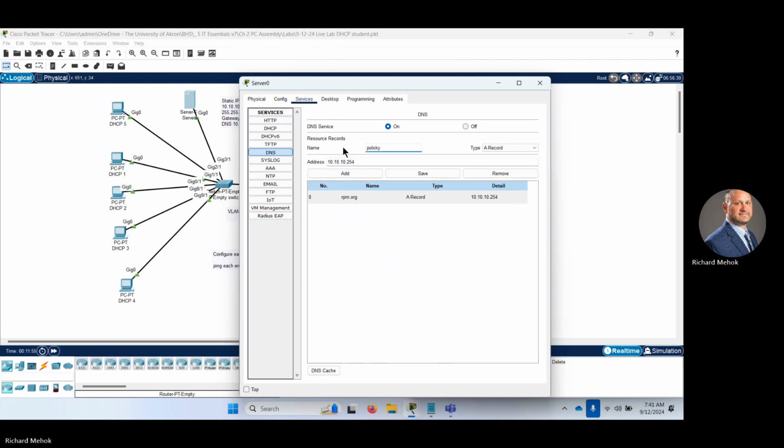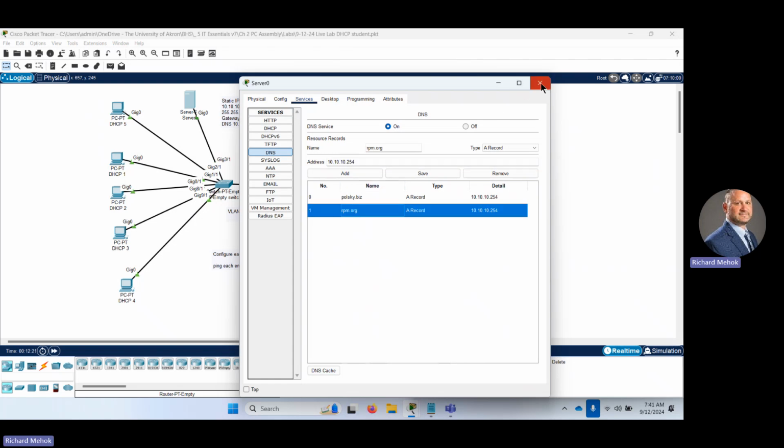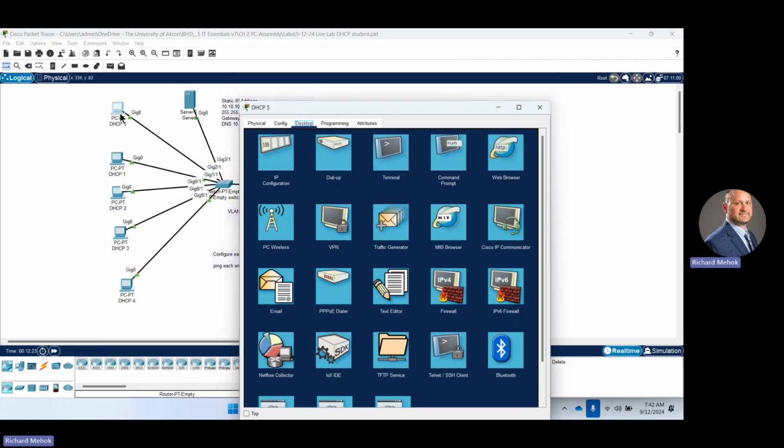Polsky building. And this good Polsky has too long dots, biz. It's the same IP, so we're going to add it. So now we can test these. These should work because each one of these devices is coming back to this server and says, hey, it's 10.10.254 is rpm.org. So we can now ping,